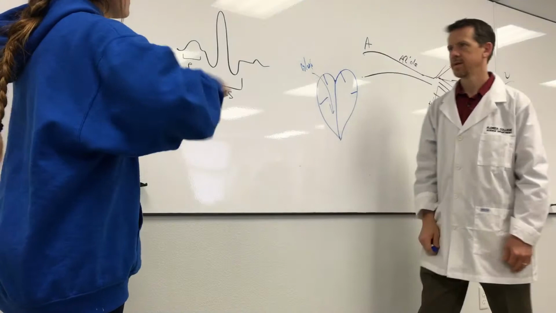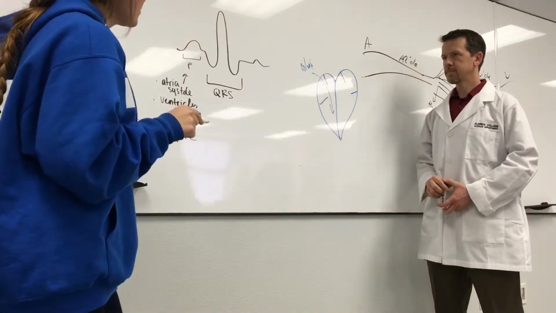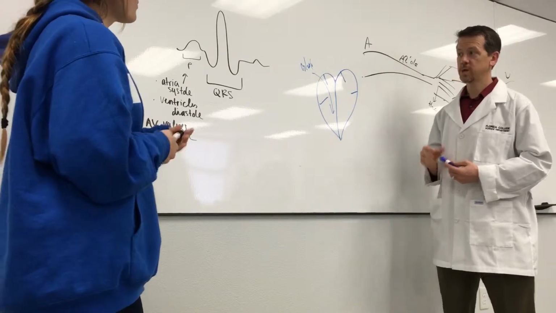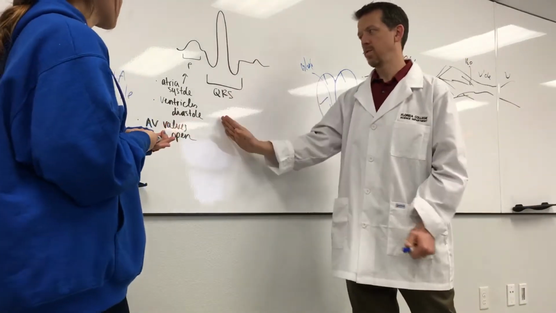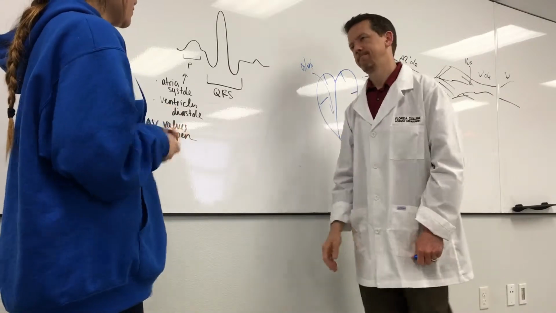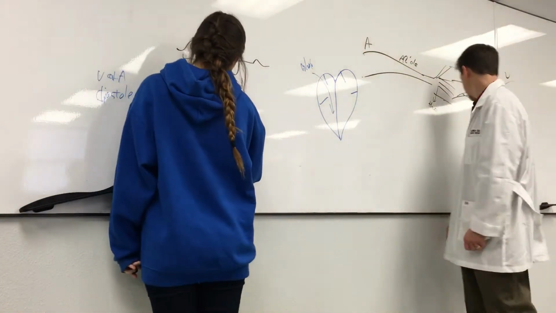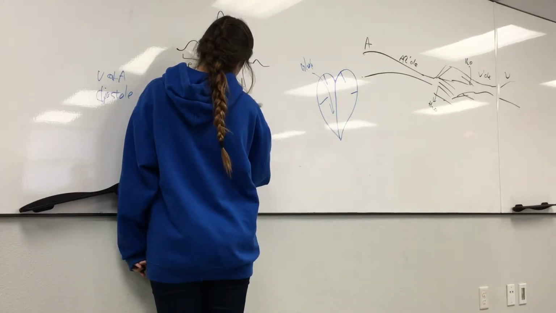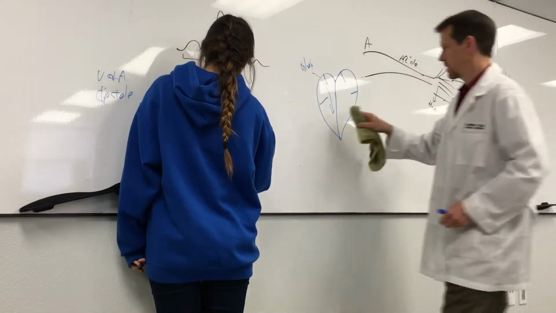What's going on with the QRS wave? This is ventricle depolarization. And what starts pretty much right here in the middle of the wave is ventricle contraction, ventricle systole. It's so much bigger because the ventricles are bigger. There's so much more myocardium contracting that the signal changes really big.